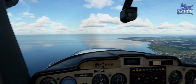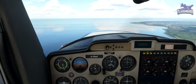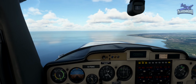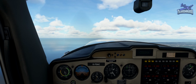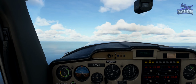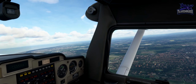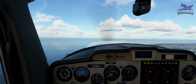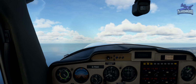Okay, got it. Keep flying north, and as you did before, apply full power, set the climb attitude, and climb to 3,000 feet. Alright, 3,000 feet. So we're going for maybe right around 10 degrees. We'll get down to about 80 knots. The speed will come back towards around 80 knots, so with the lower speed we lose lift and